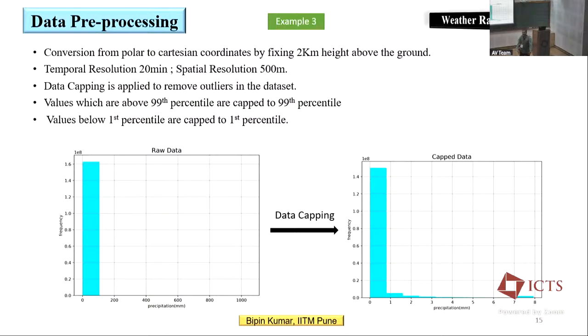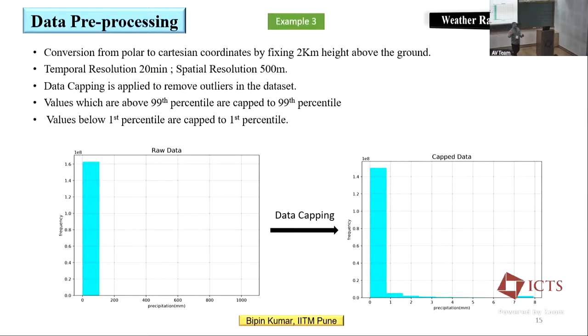From where? It cannot happen. Even not in a cloudburst or anything. In any case, it will not be that much in 15 minutes. But the data is showing some such values.